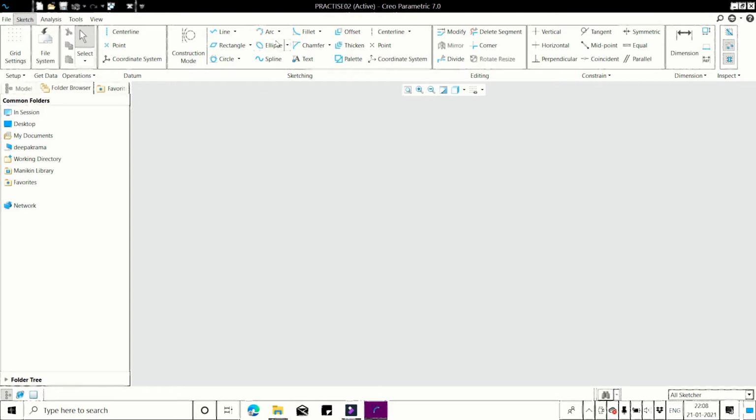Next one is the arc. There are 5 tools here. We will go one by one. First option is 3 points. Click on the first point, second point, and you can choose the diameter or radius of the curve.